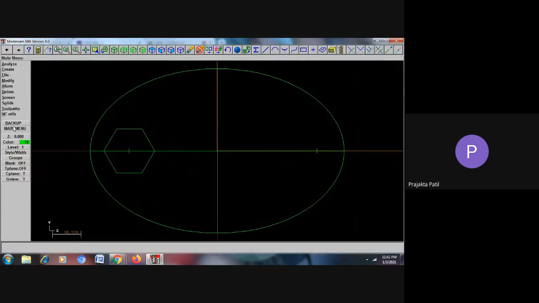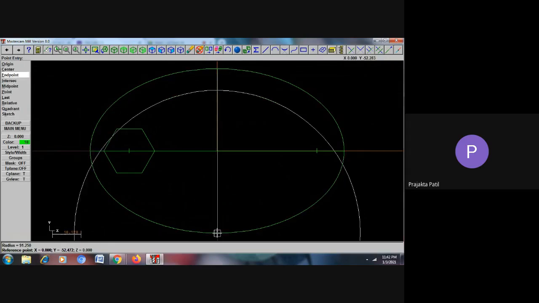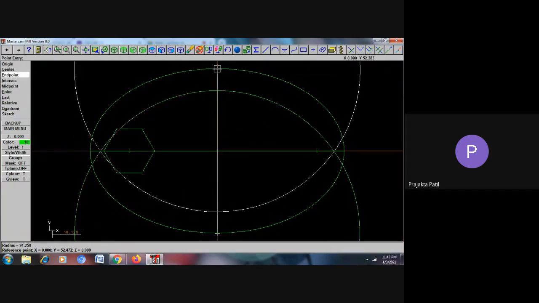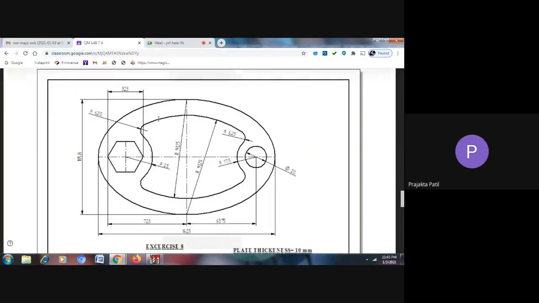I'll go to the main menu, say create arc with point and radius, as I know the radius of it. The radius is 91.25. Say enter. What is the point for this radius? For this arc, it is this end. So I'll place it here. Same is the radius for this arc with this end as the center. I've placed these two and I'll come out of this command. What I've drawn is this arc having a radius of 91.25 and this arc having a radius of 91.25.